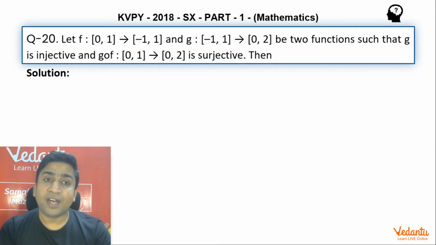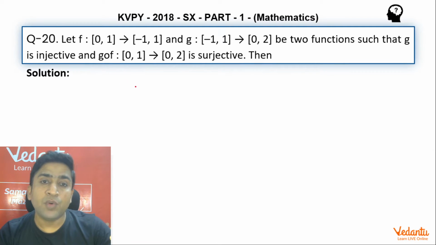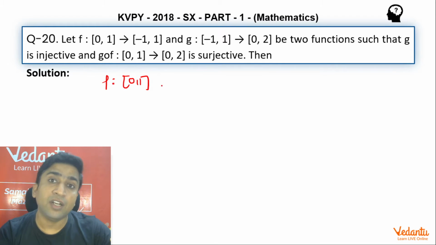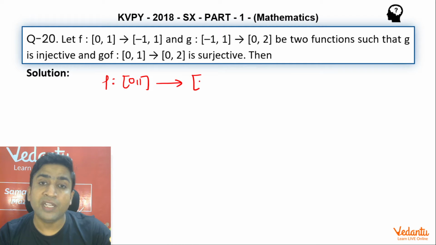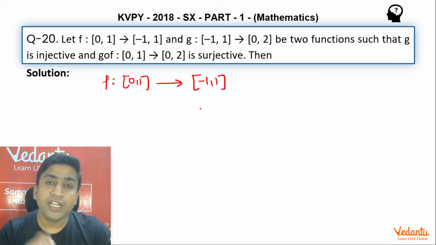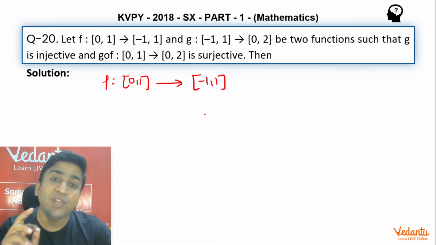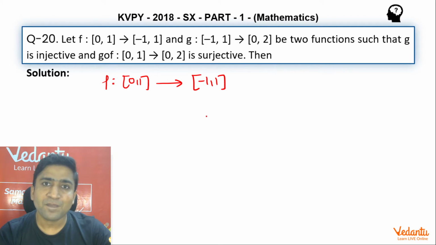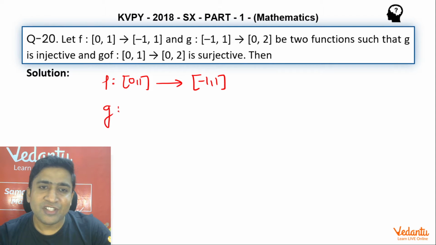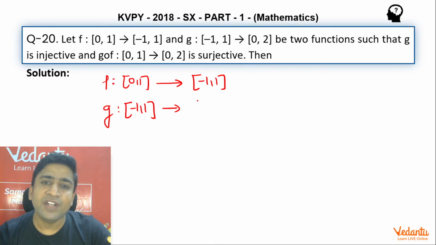Okay, so I hope all of you will agree that if I want to define g∘f, what is going to happen, guys? First of all, the input will be taken by f from [0,1], and corresponding to all the inputs from 0 to 1, it will give values in the interval from -1 to 1. Agreed? So whatever output you get from f, in the interval [-1,1], it will go as an input to g, which accepts input from -1 to 1, the codomain of f, and it will give an output in [0,2].